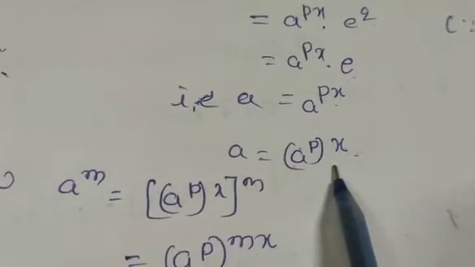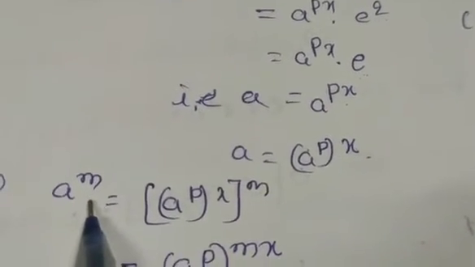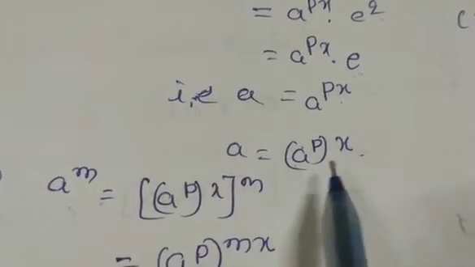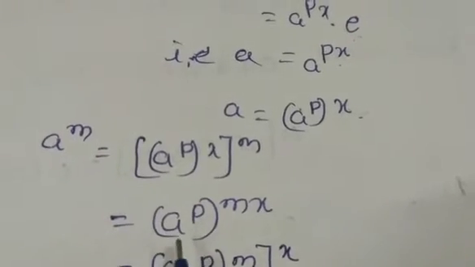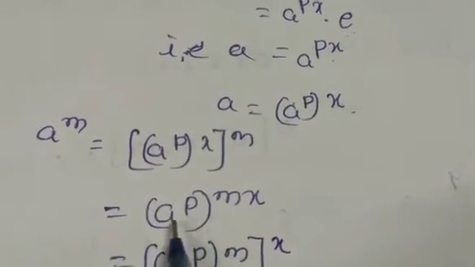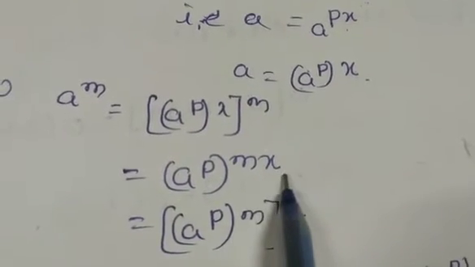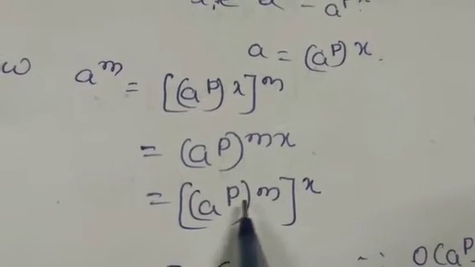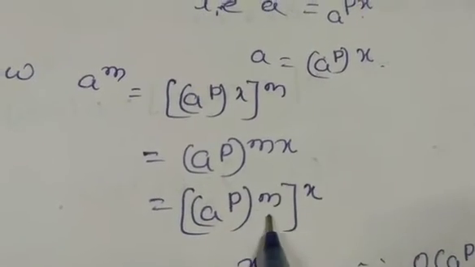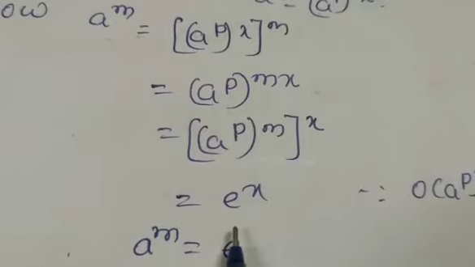We can write this one as here. Now raising the power m on both sides, a raised to m is equal to, you write this one as it is, whole to the power of m. You take a to the power of p. We can multiply these two powers. So it is a to the power of p whole raised to m into x. So again we can take this one as a to the power of p. We can interchange these two, m raised to x. So this is equal to